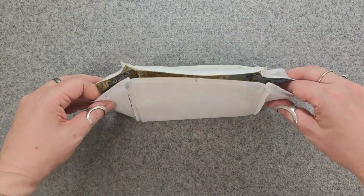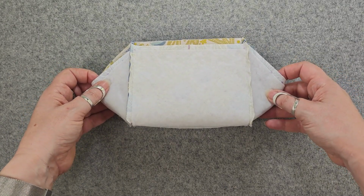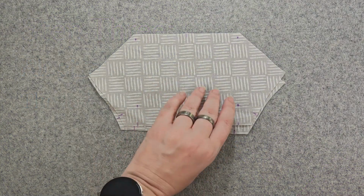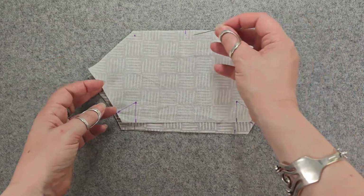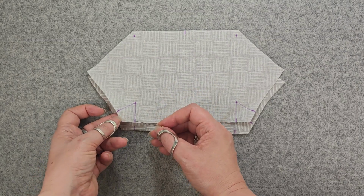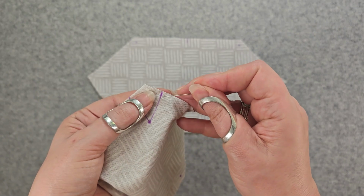There we go. So now we're ready to do the lining. So these are our lining pieces, and you can see on the reverse I've got all the marks for the top, but I've also marked on and drawn on the lines for the darts. So the easiest way to get these ready for sewing is